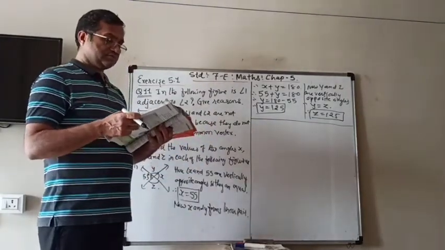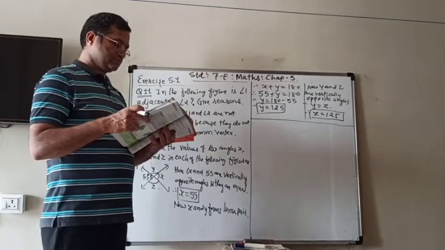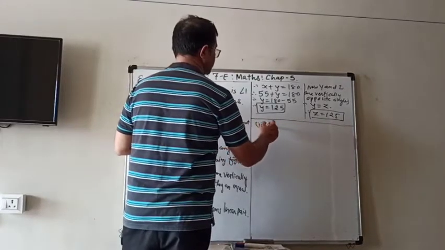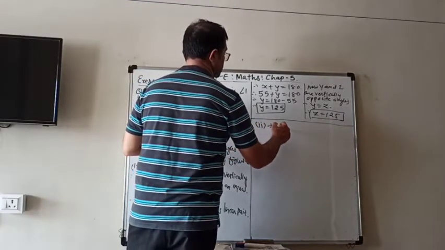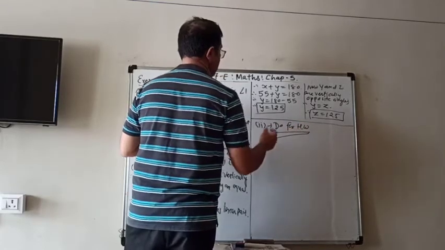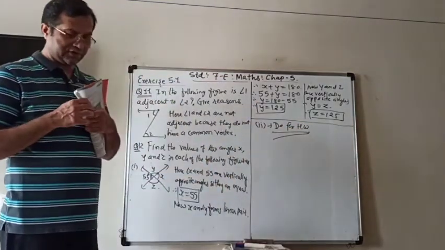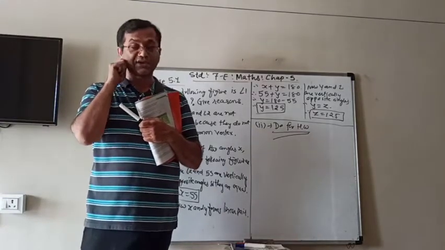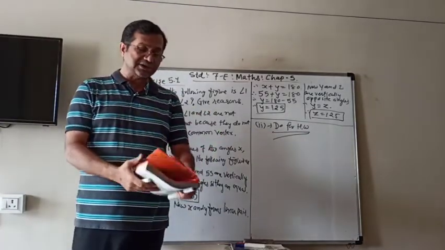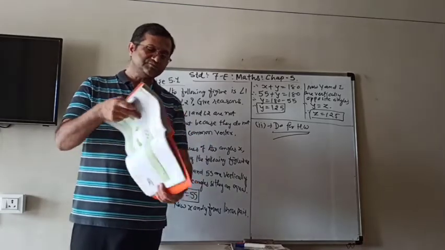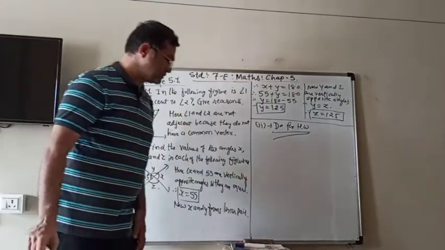Then the second one I am giving you for homework. In this one, the second, you can do for homework. It is also a figure, and from the figure you have to find the values of x, y and z, that you can easily do. And if you can't, then write down in the comment section.